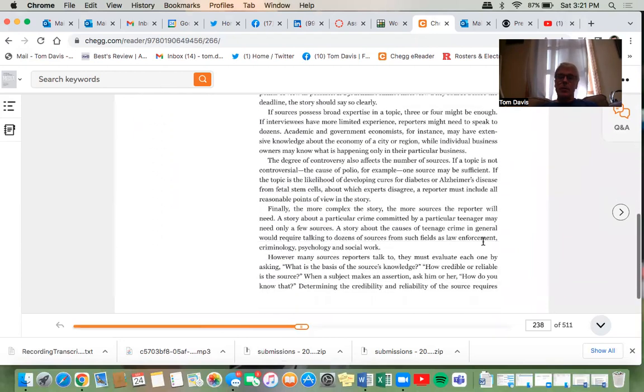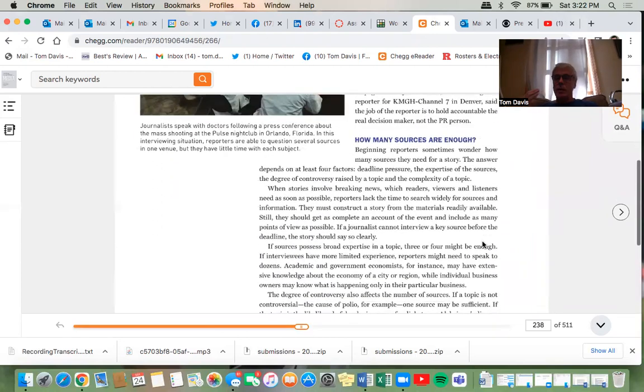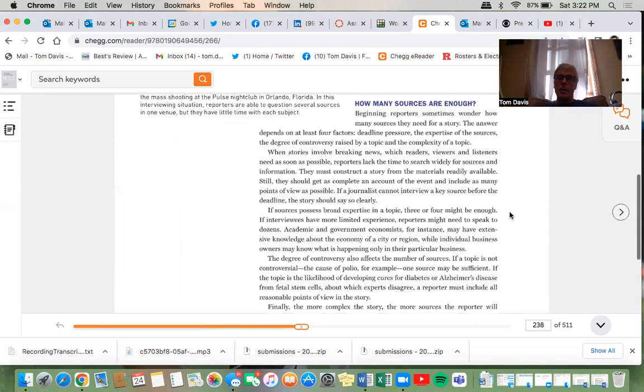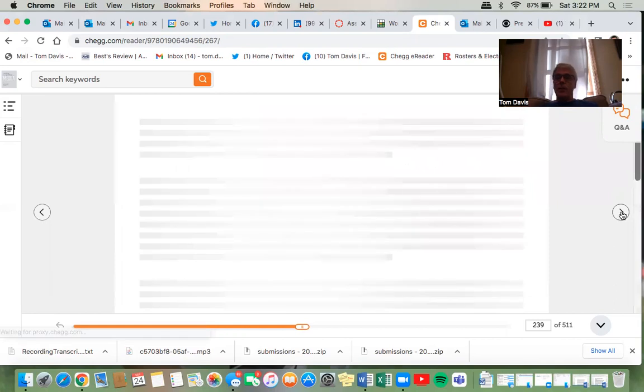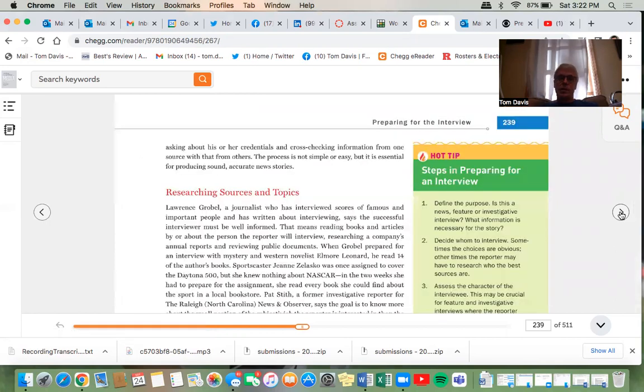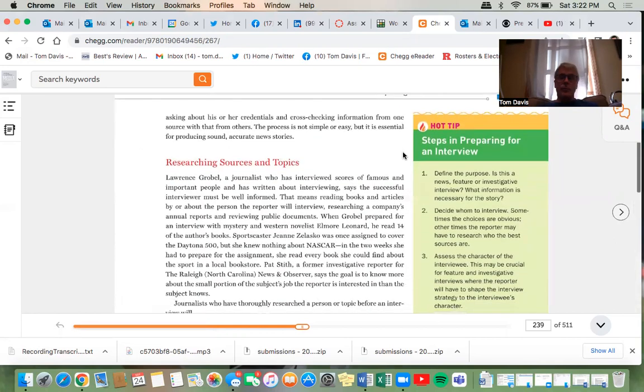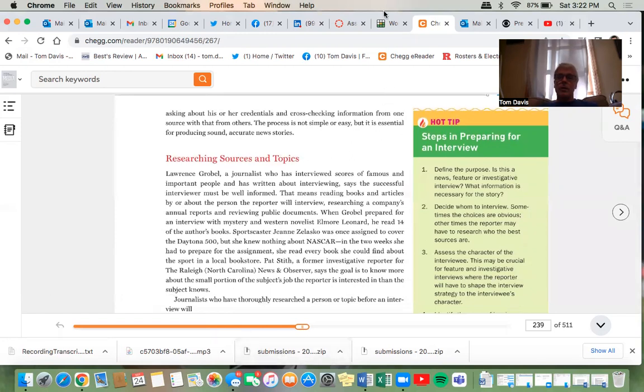So, how many sources are enough? I mean, this story we just did, I feel you actually did stories where you were ripping into certain places, people were basically upset with the places they worked and stuff like that. If you were doing a profile story, you would not normally have just one source on the story. In fact, with a profile story, you really should